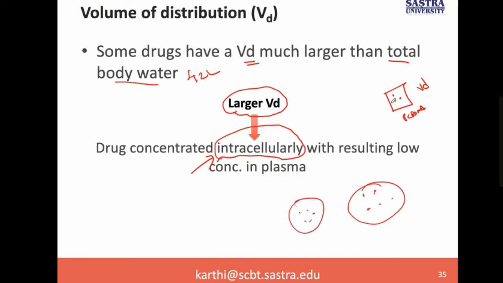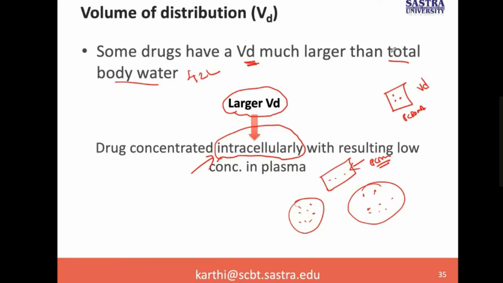Very few quantity is present in the plasma, so this is the plasma, and more quantity is present inside, right? So if we estimate this calculation based on the concentration of the drug present in plasma, very few quantity, again I repeat, is present in the plasma, and a larger quantity is present inside the cell. If this is the case, that will lead to a very large Vd value,